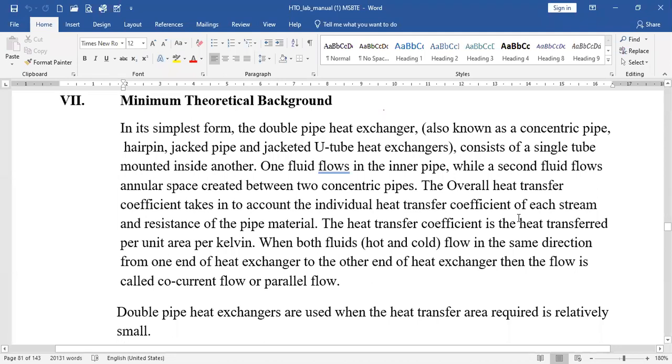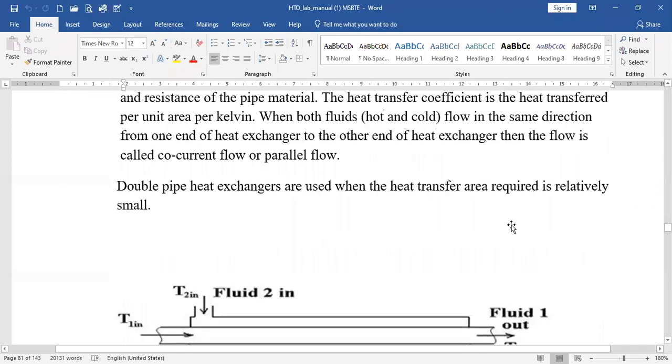So to calculate the overall heat transfer coefficient, we must know the values of the individual heat transfer coefficients, because this relation is 1/U = 1/hi + 1/ho + xw/k. That is the general equation to calculate the overall heat transfer coefficient for any type of heat exchanger. And for that purpose, we must understand and calculate the individual heat transfer coefficients.